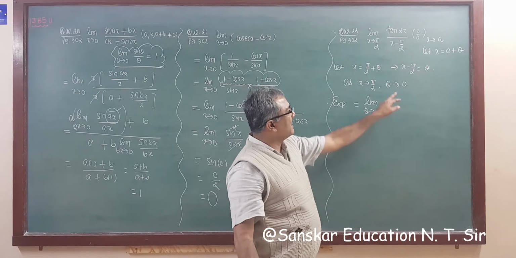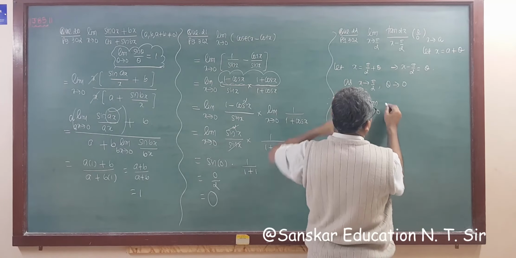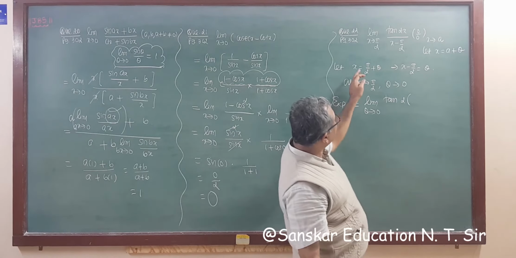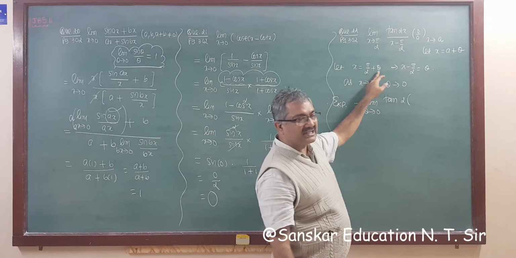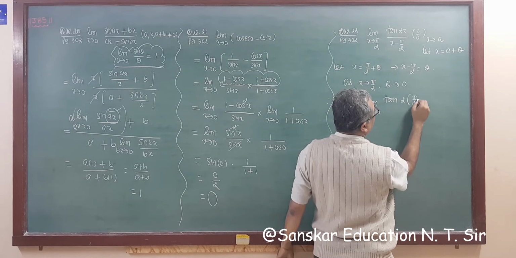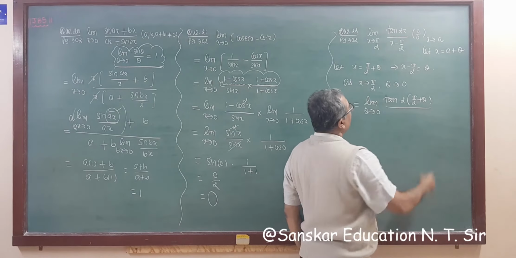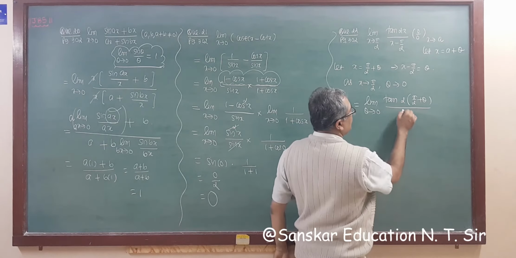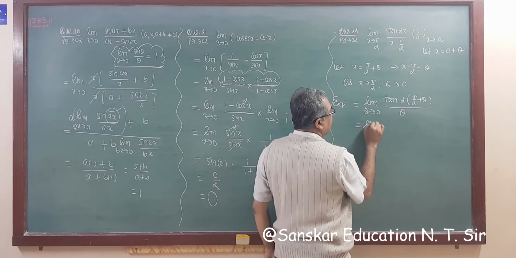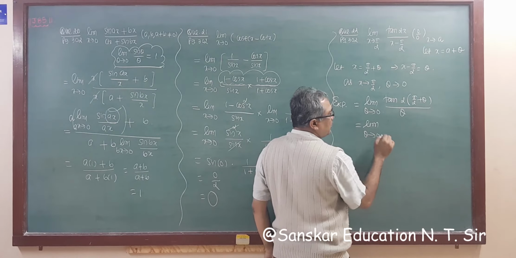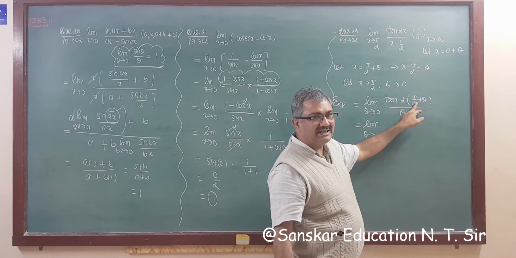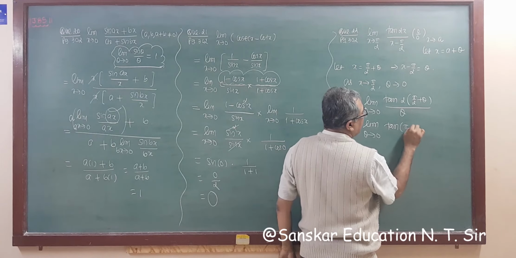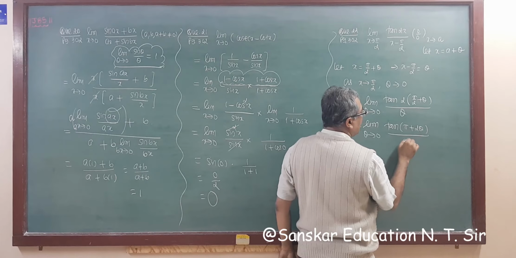So now your expression becomes limit theta tends to 0, the new limit is theta tends to 0. Now this is tan, so this is tan 2 times x. Now what is x? x is pi by 2 plus theta. So this is tan 2 times (pi by 2 plus theta) whole upon (x minus pi by 2), and x minus pi by 2 is theta. So we will get limit theta tends to 0, if we multiply by 2 here, then it becomes pi plus 2 theta. So the answer will be tan (pi plus 2 theta) whole upon theta.